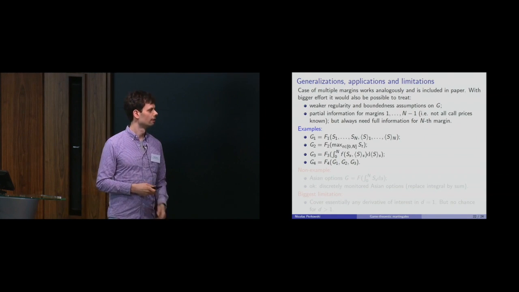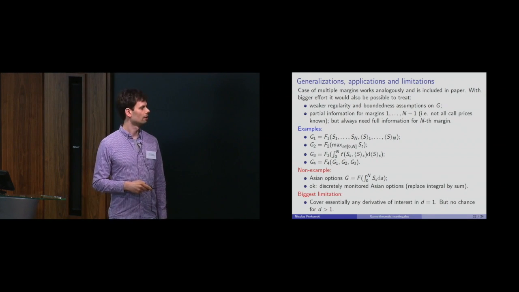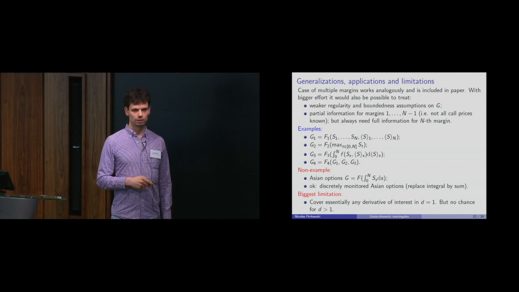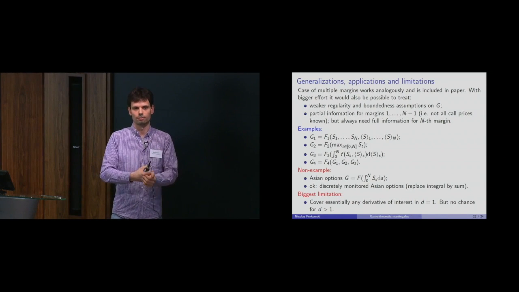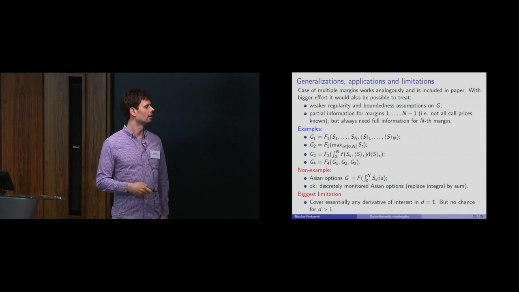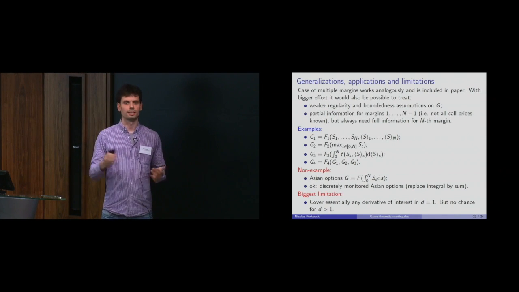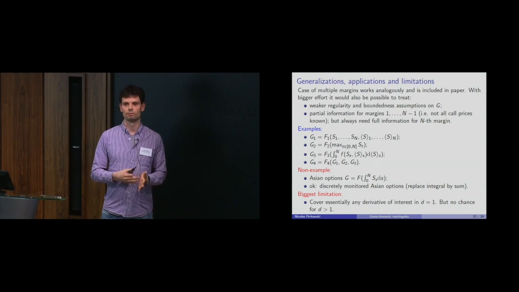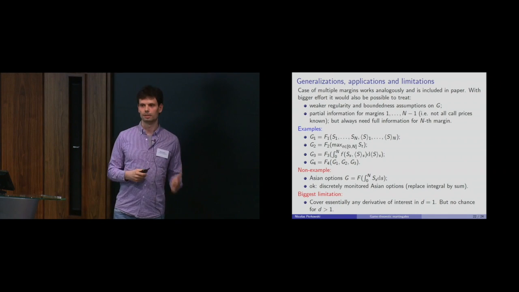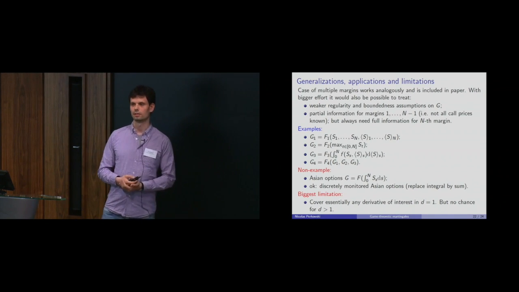These are all fine. What is not fine, and this is something you can do with Dolinsky-Soner but not with our methods, is such an integral, an Asian option where you look at the time average, where you really take the physical time, because we apply this time transform that normalizes the quadratic variation. And this thing here would not be invariant under that. So this is not okay. But then again, in real life, we don't have such integrals. We have finite sums. And once you turn it into a finite sum, it only depends on finitely many times, and then you're in this setting again. So a discretely monitored Asian option would also be okay.